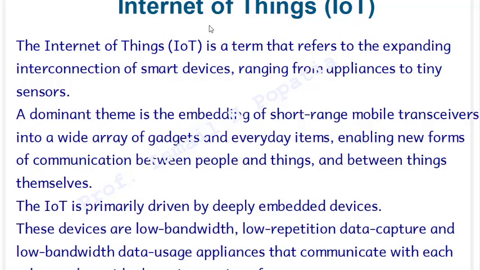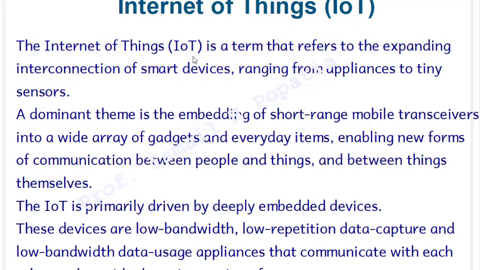So why are we studying the Internet of Things? Because this topic is also one of the primary contributors to modern networking. More and more devices are being added every day, and we have a large amount of devices which are contributing data, adding more and more data. So the traditional networking structure is unable to cope with these things. We will see this.